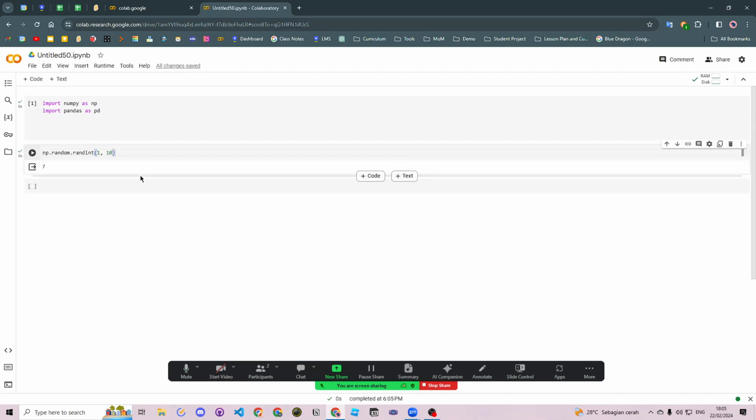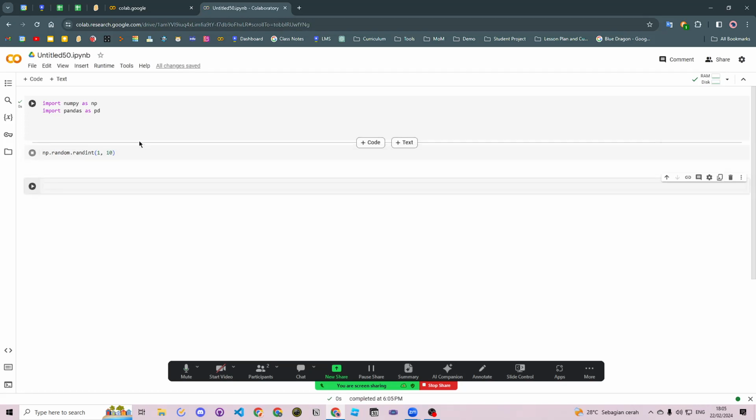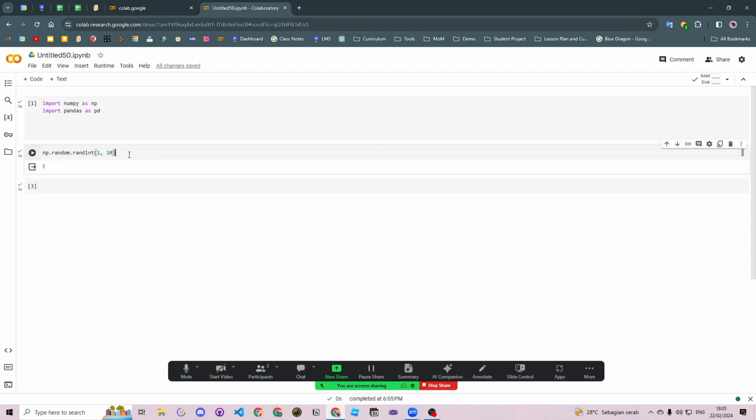Make 10 numbers. This is between 1 until 10, right? So if we run this repeatedly, it will generate random numbers differently. And to make 10 numbers as an array, pass